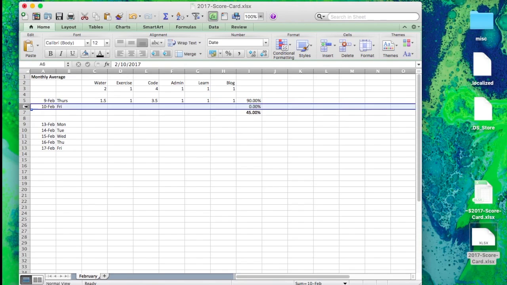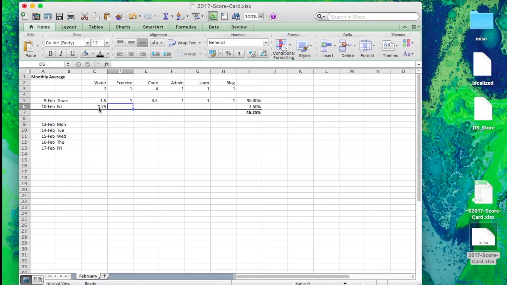So let's say on Friday, I start by drinking a glass of water. I maybe go for a walk first thing. I can see this weekly average changing as well as the daily average. And as I go through my day, I can just kind of watch both of these grow. So maybe on Friday,